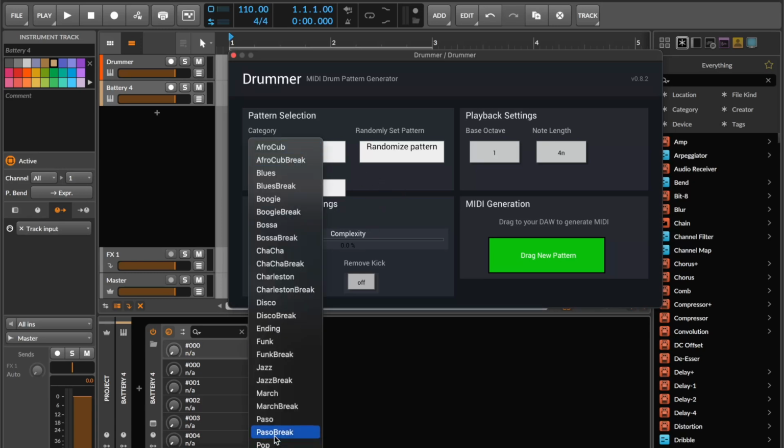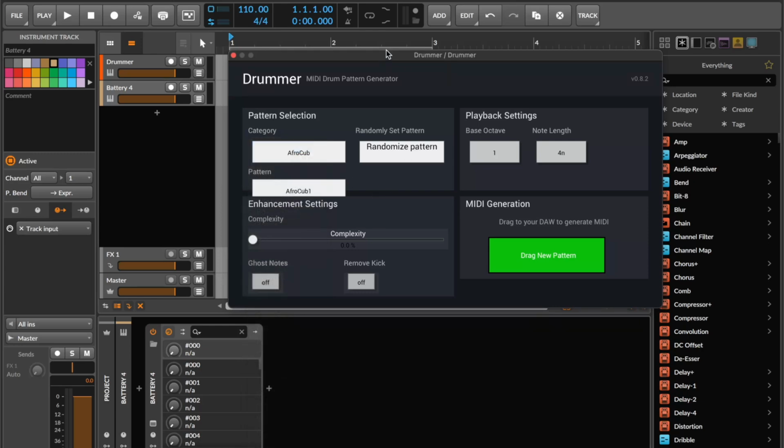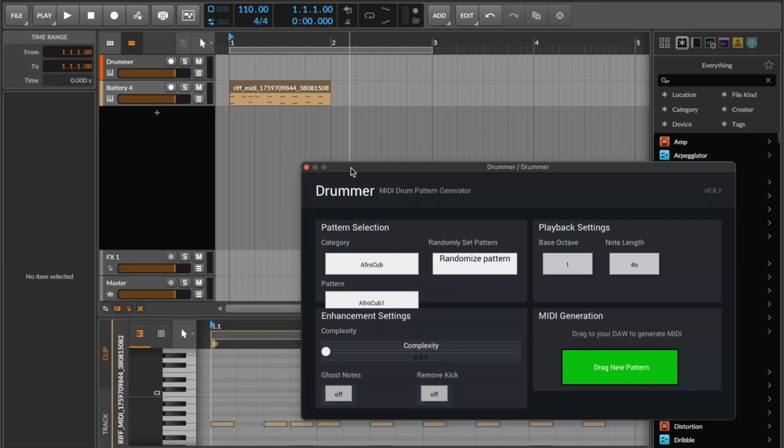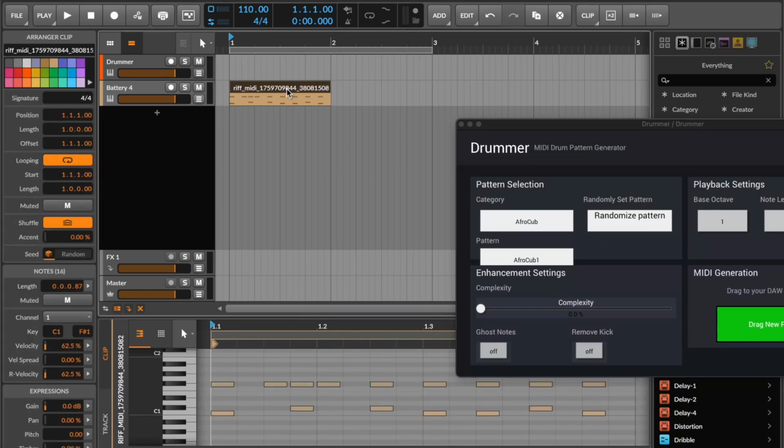If I go back to say Afro cub, the way to use this plugin is you use this green button on this 4th quadrant over here for MIDI generation, and we'll come to this one and this one in a bit. But for now, I have selected Afro cub 1, which is the default, and I am going to drag this MIDI over here. So it generated this MIDI file, as you can see. If I play it,